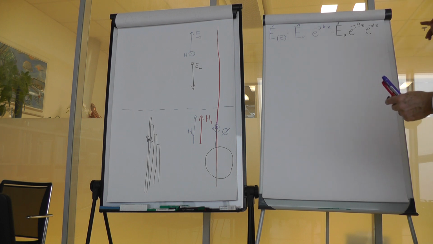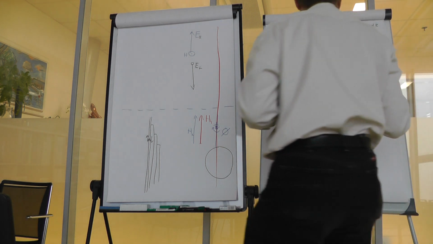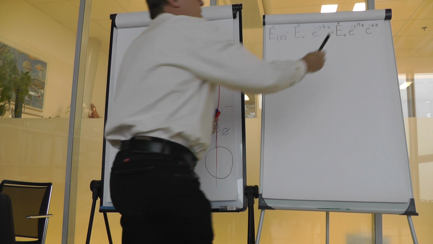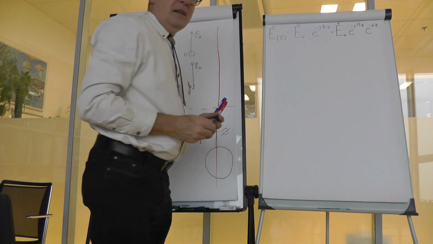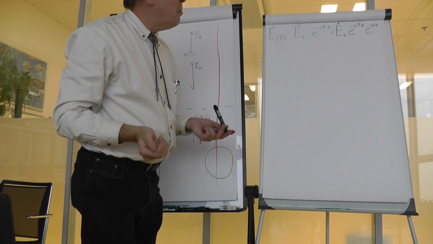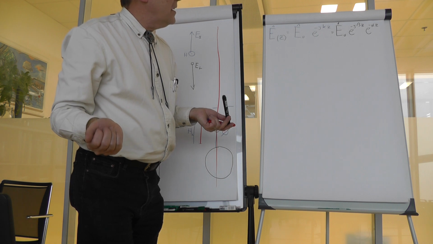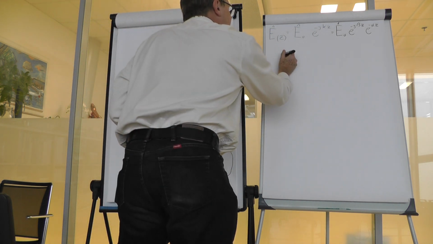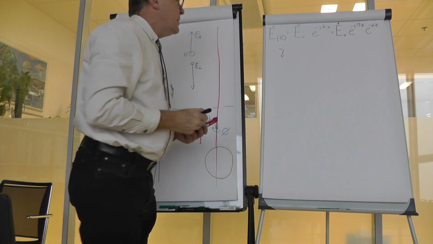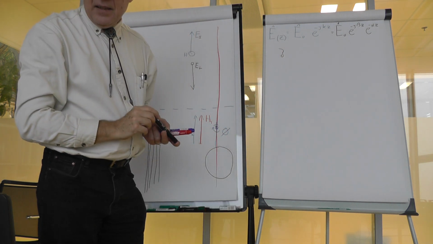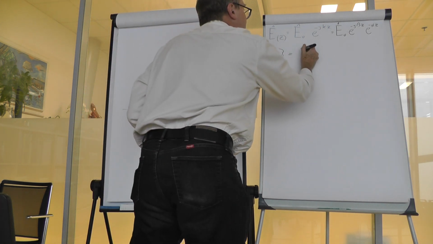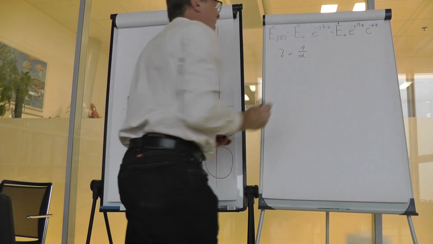So we would easily find out that the depth in which this term decreases by e could be calculated like the depth of penetration, δ, is equivalent to 1 over α